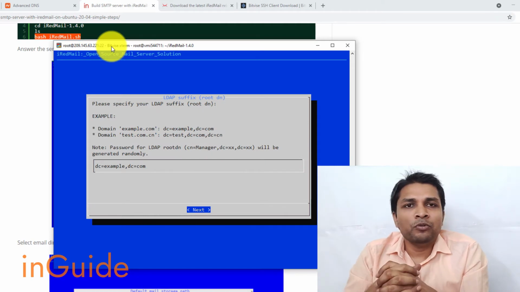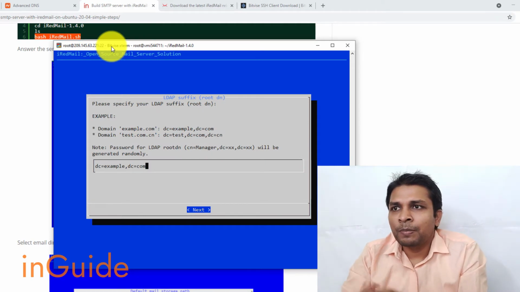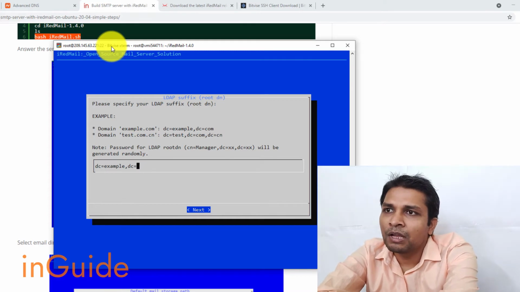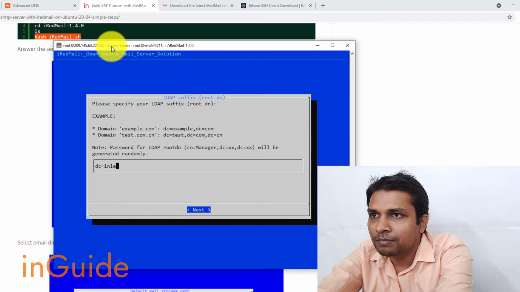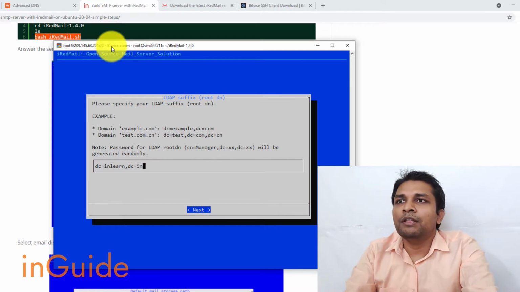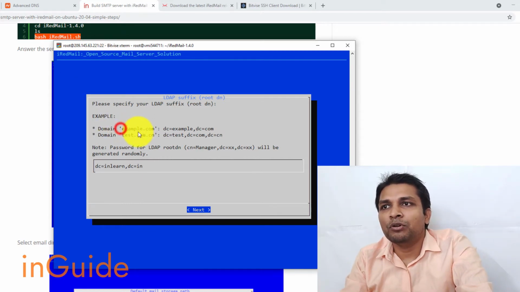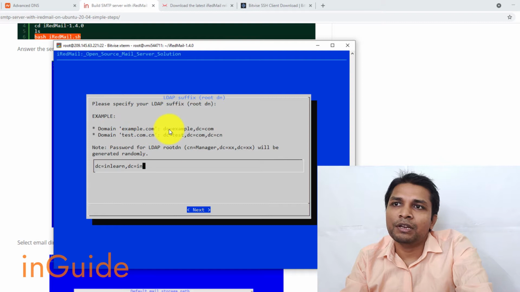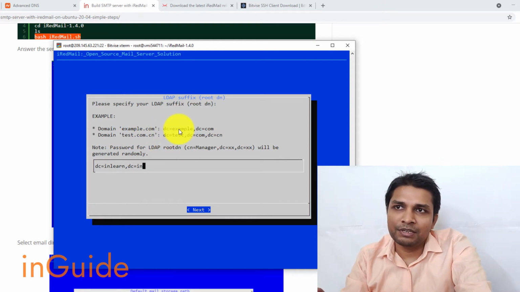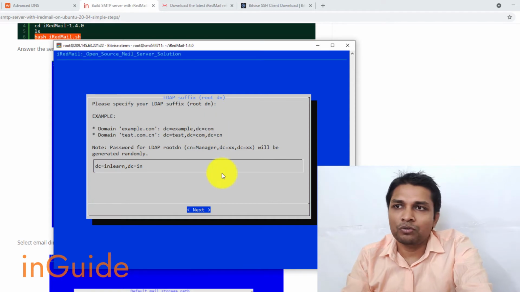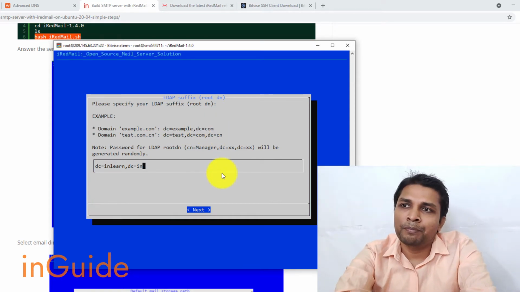Next, here you have to specify your domain name. So here dc equal to inlearn, and then dc equal to in. Here you can also see an example, like if your domain name is example.com, then your entry should be something like this: dc equal to example, comma dc equal to com. After that press enter,